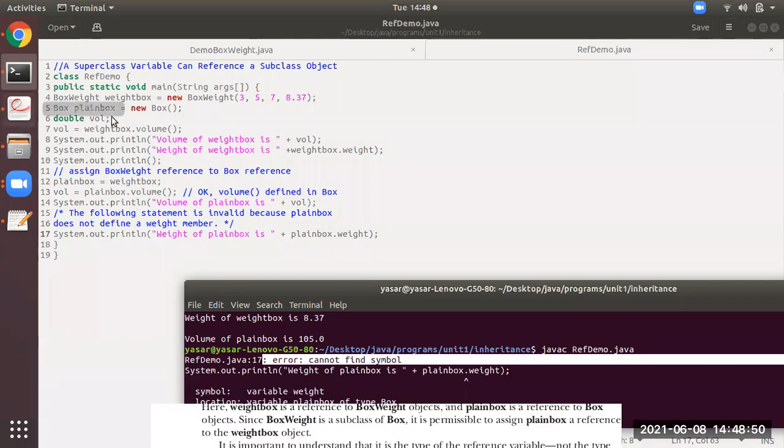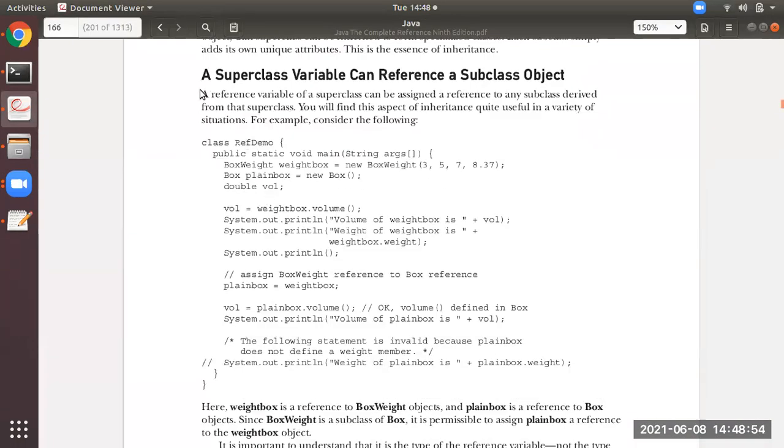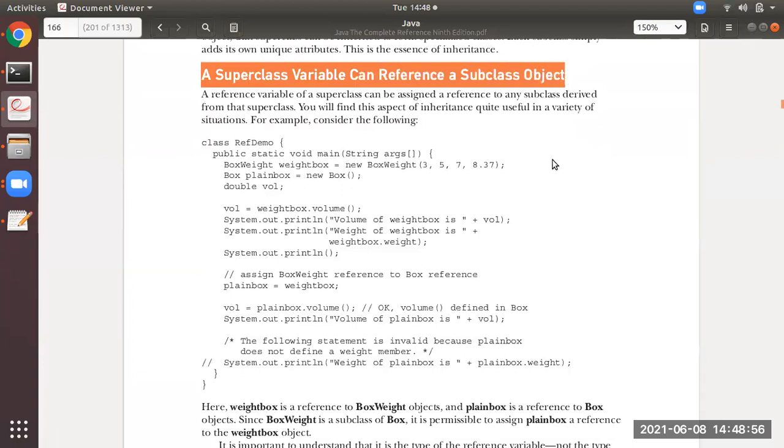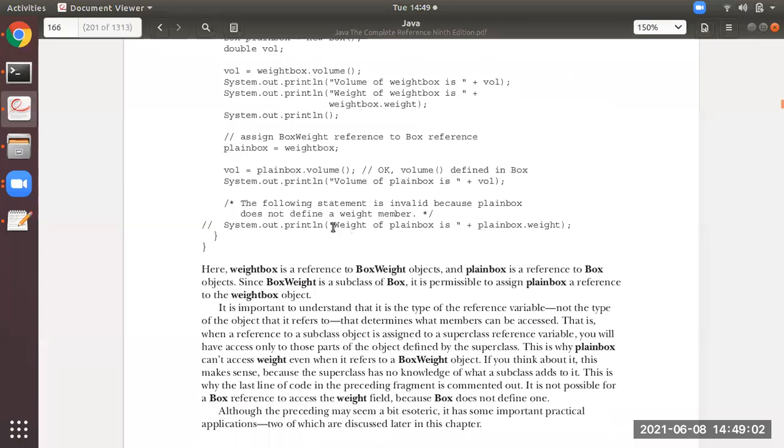So this is very important. See here, this is the thing, that a superclass variable can refer to a subclass object. That is with the help of this thing. That is fine, but a superclass cannot access the weight variable. Why? Because the weight variable is not available in the superclass.